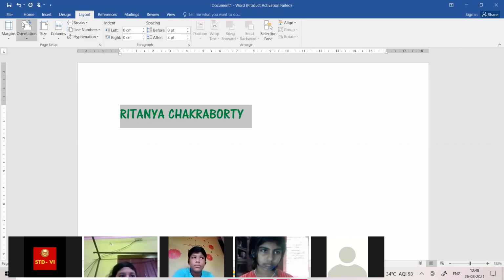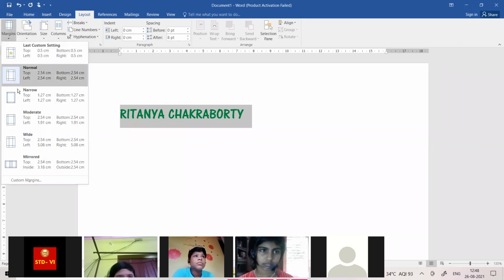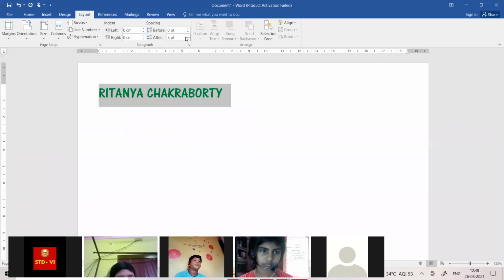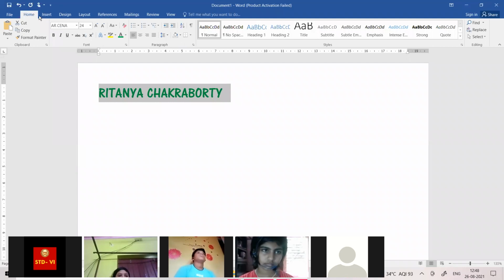I just customized it previously. Margins I have put narrow, and I give less spacing so that the space between the two lines will be very less. And from here also many things you can do, but why am I not finding those options.